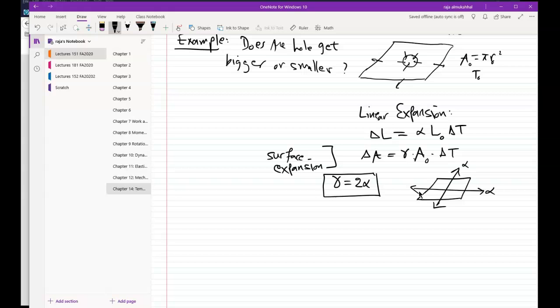If you want to know that gamma, simply take that alpha and multiply by 2 and you will get the gamma. There is another formula for the volume expansion,